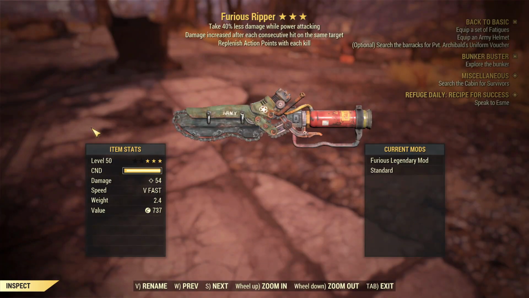Now, next little pick is going to be the Furious Ripper with the replenish action points with each kill and the taking less damage while power attacking. Now, if the taking less damage while power attacking does work in the way it should technically work, because these are considered power attacks, then this is basically a 40% damage reduction while attacking. I don't know if it does. That is something that requires testing for me, and I don't recall anybody talking about it,